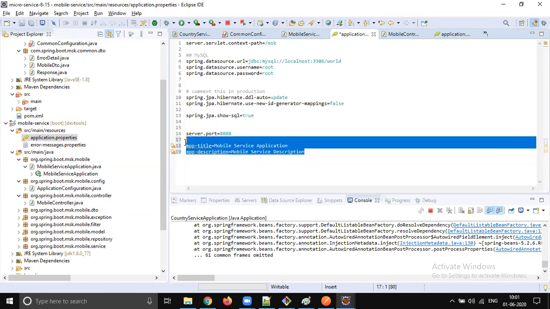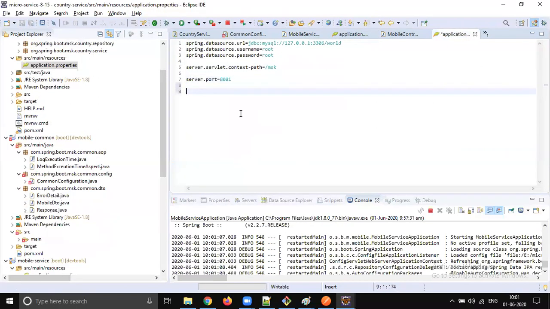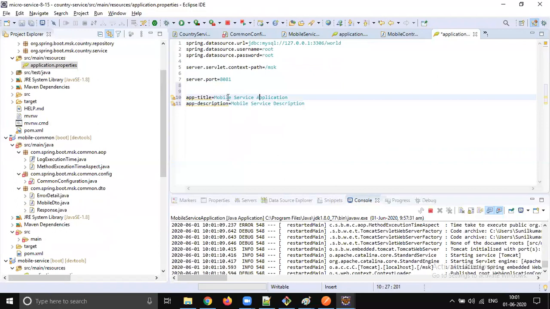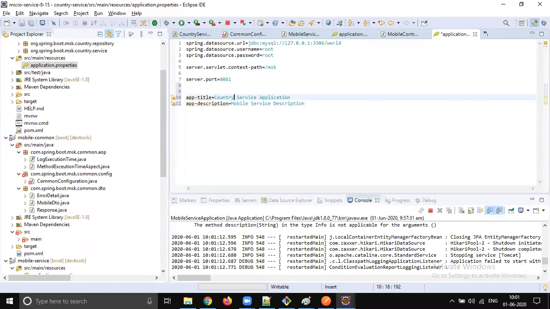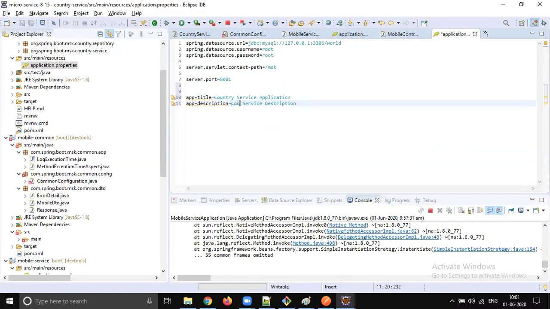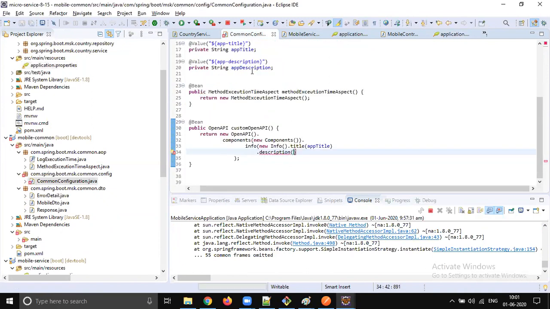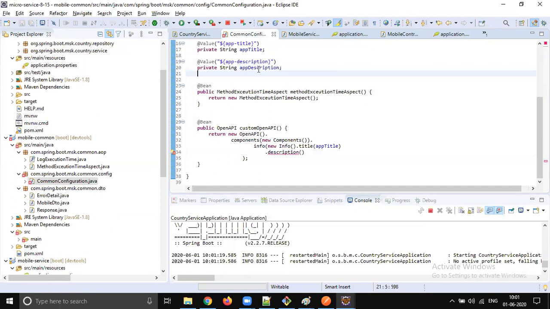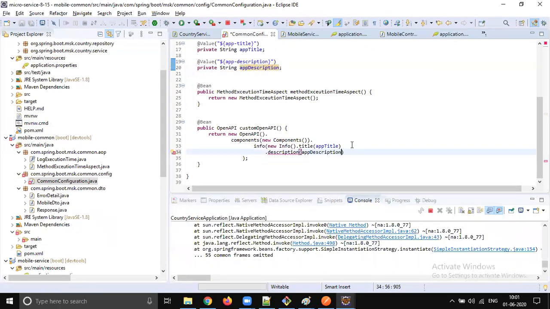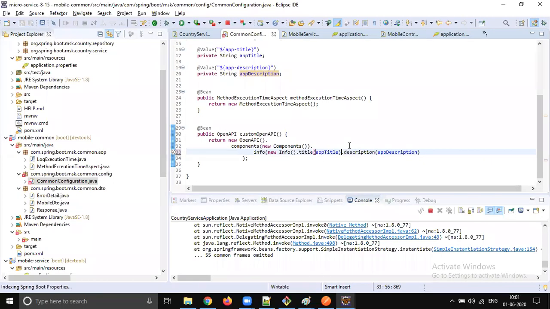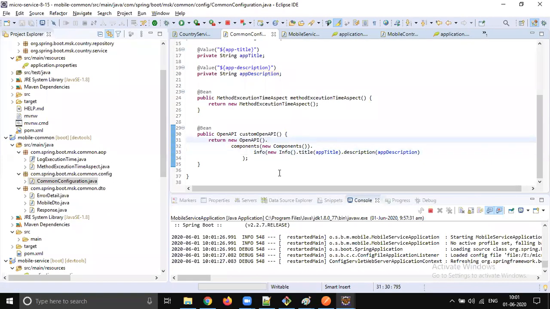Let's copy these two, save the file, and go to country service. Say common, it's not mobile, it's country service application and country service description. Let's save this file, and here just pass the description in the description place.